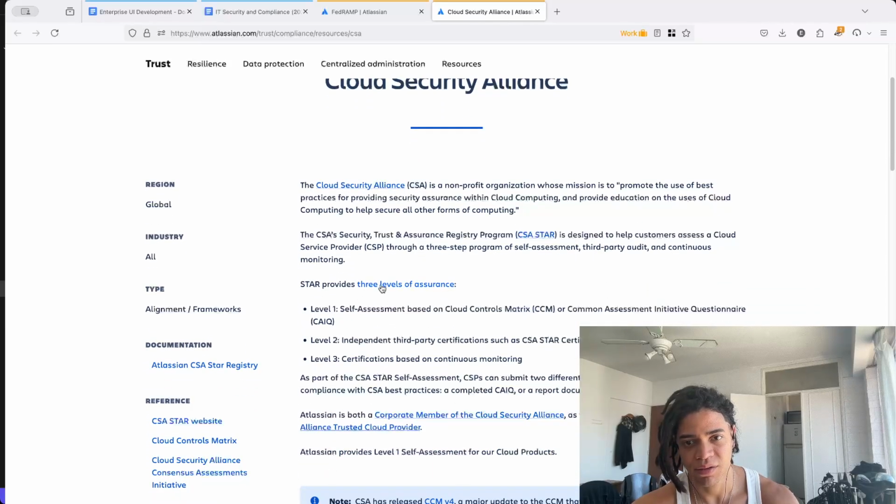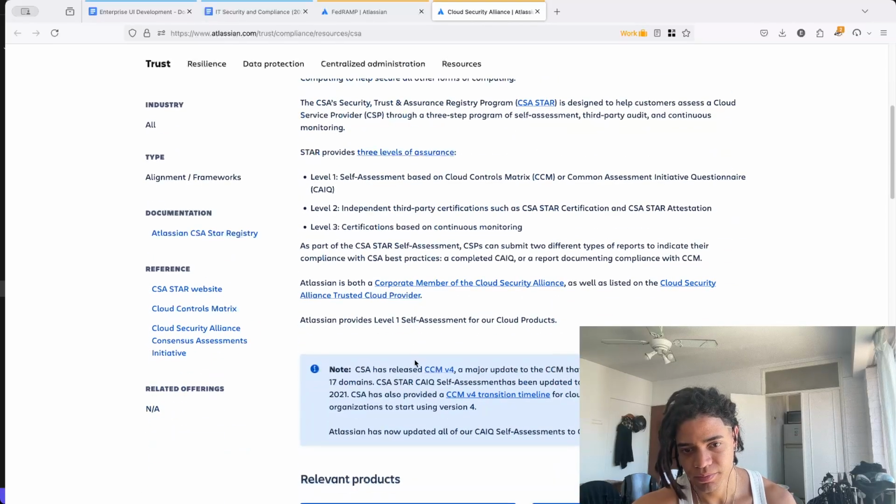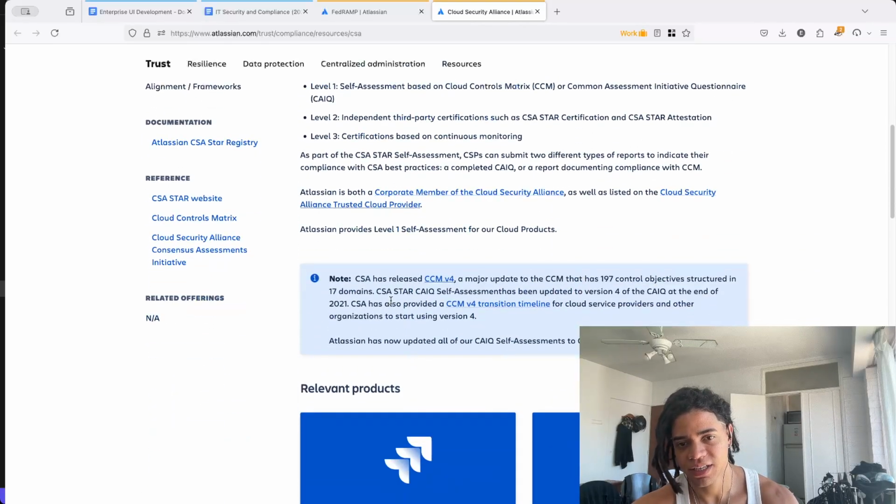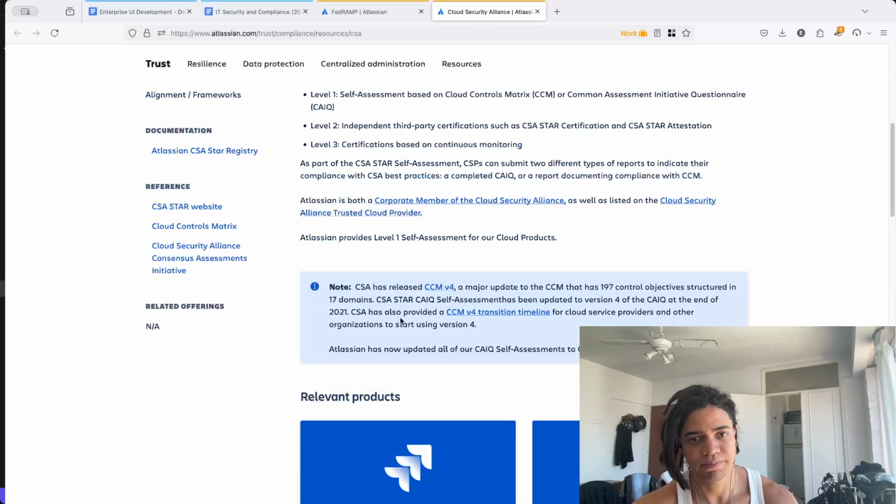STAR provides three levels of assurance: self-assessment based on the Cloud Controls Matrix, independent third-party certifications, and certifications based on continuous monitoring. CSA has released CCM version 4, a major update to the CCM that has 197 control objectives. But again,